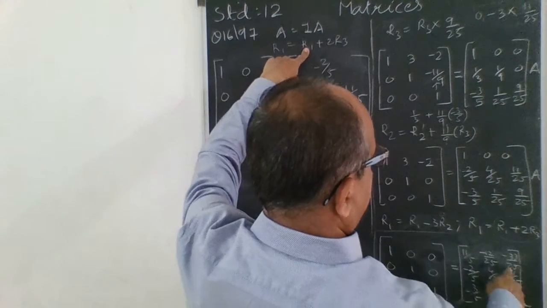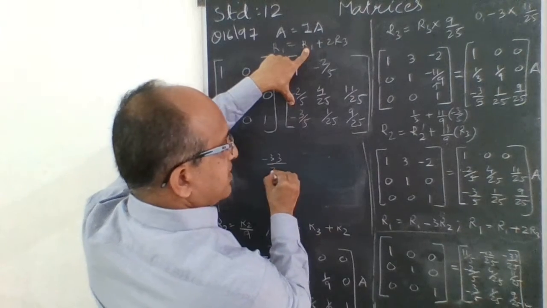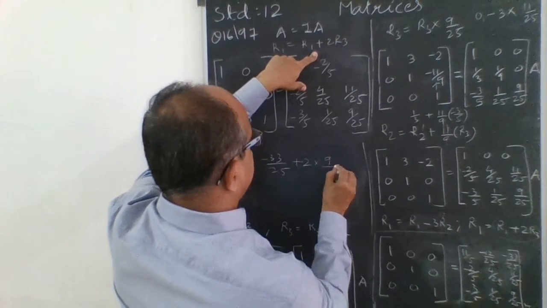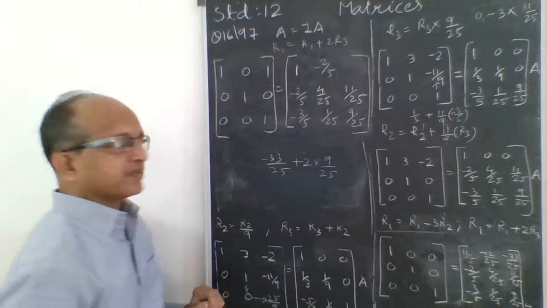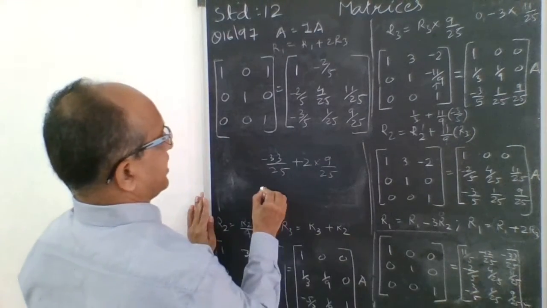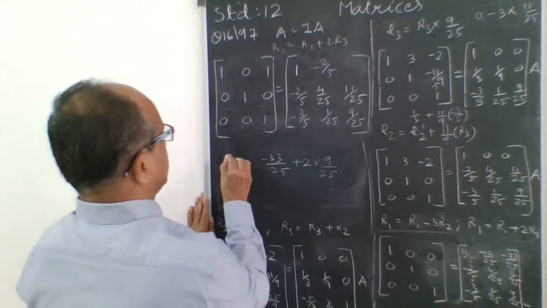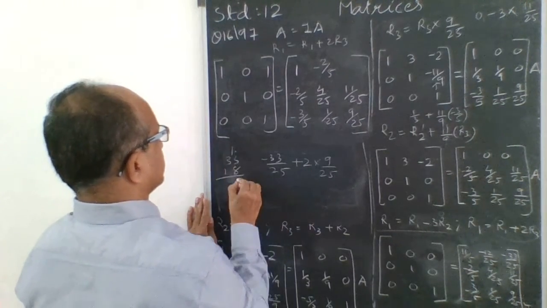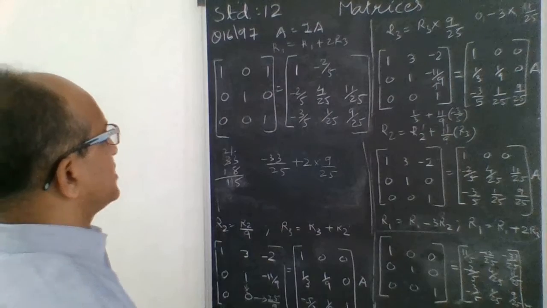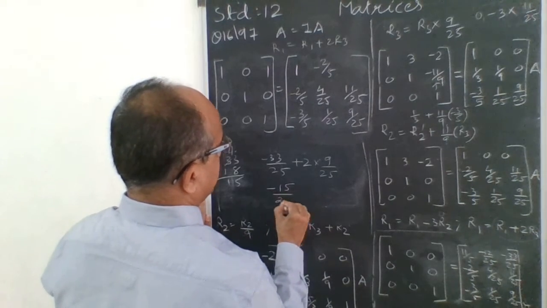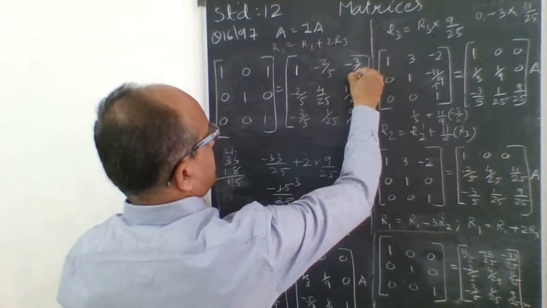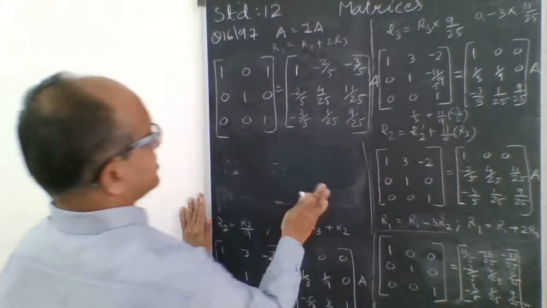Now this R1 is what? Minus 33 upon 25 plus 2 into R3. R3 is 9 upon 25. Right? So here the LCM is already there. So 11, so minus 22... 9 2s are 18. So 33... 9 2s are 18. Right? So that means minus 15 upon 25. So 5 3s are 15, 5 5s are 25. So what are we getting? Minus 3 upon 5 into 8. Right? So that operation is done.